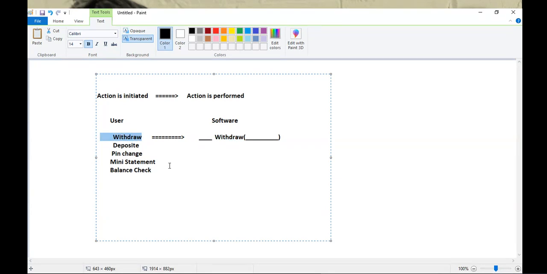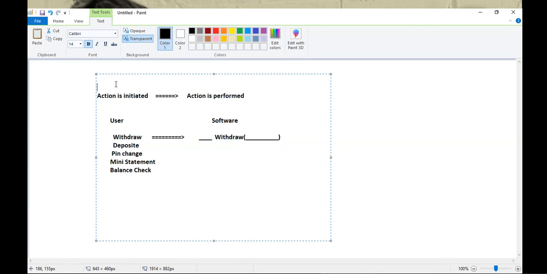So up to this point, we saw binding done by the compiler, but now binding will be done by the delegate. Why so? Because the scopes are different, right? This user activity will be handled in a separate class, and the software activity will be handled in a separate class. And the communication between these two objects will be done with the help of the delegate.